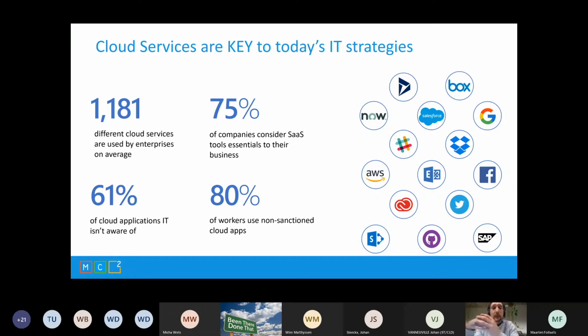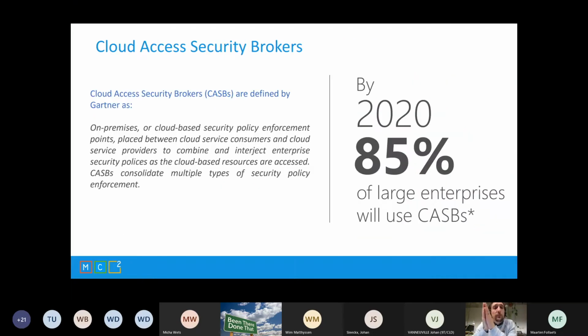This we can pick up with MCAS. We can monitor it. We can see which SaaS apps or which apps are on the devices. We will get the data from Endpoint Manager, of course. And we can then evaluate, will we allow the app, will we sanction it or unsanction it in our organization? That's one thing that we can do with MCAS. What is MCAS? MCAS is a cloud access security broker. It's something that a lot of organizations and enterprises are really investing in at this moment. Like the slide says, by 2020, which was already last year, 85% of large enterprises will use CASBs, and that's also what we're seeing in the field now.